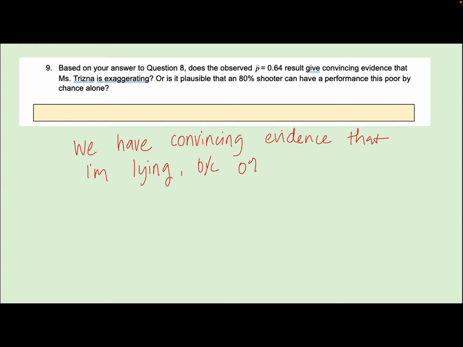It's very unlikely, 0% is a very low probability, that an 80% shooter performs that poorly.